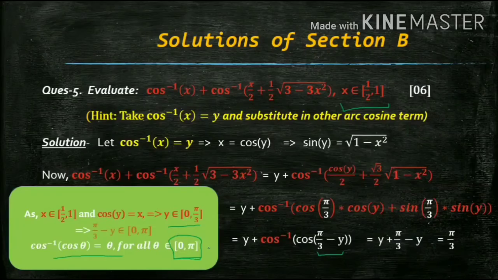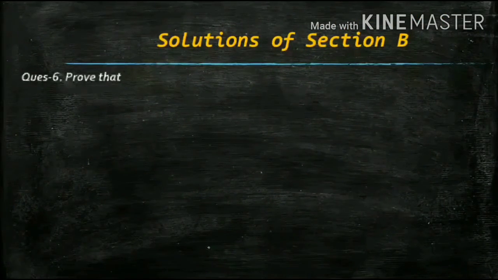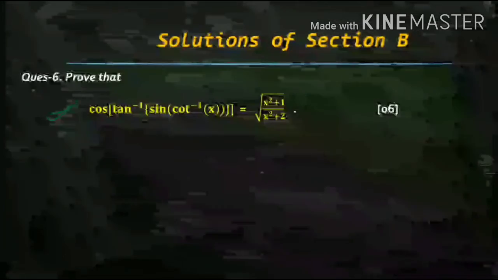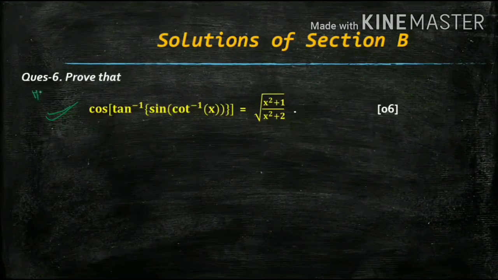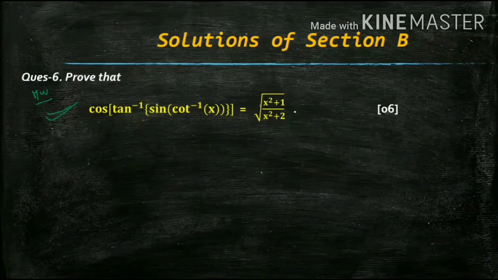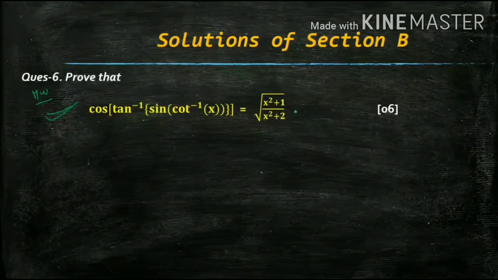Let's move to the final question of this section, or the final question of the paper. In the sixth question, you also have to prove this thing. Now many of you have done this question because this was the homework question I gave to you. Not exactly the homework question, just some terms are missing, but a similar question. Okay. If you have done it, very good. If you have not done it, then please look at this.